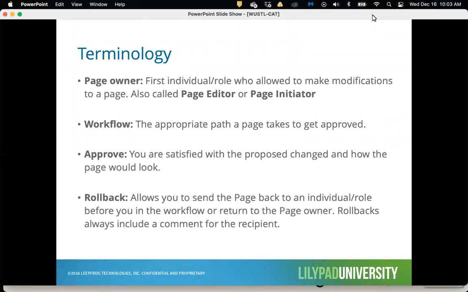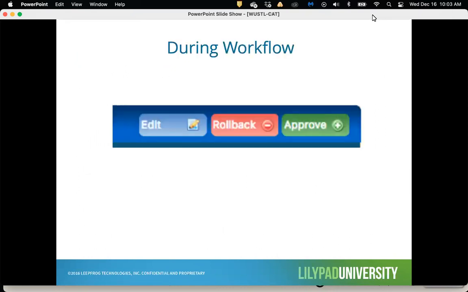And then rollback does allow you to send the page back to the person that did make changes or turn the page in rather. And so I'll show you how to do a rollback if that's something that you need to do. This is the approval interface. You have 3 icons to choose from: edit, rollback, or approve.